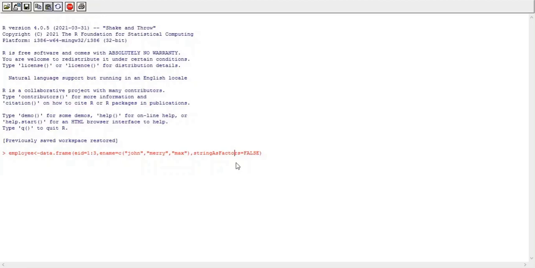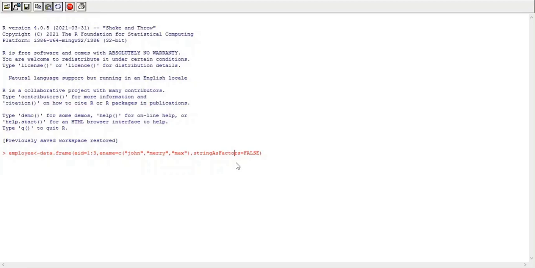Now here, whenever we create a data frame, or whenever we import data from an external source like an Excel file, CSV file or text file into our data frame, whatever string data is there in those files, all that character or string type data is by default treated as a factor by R.